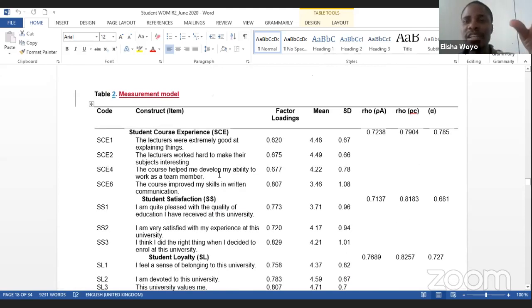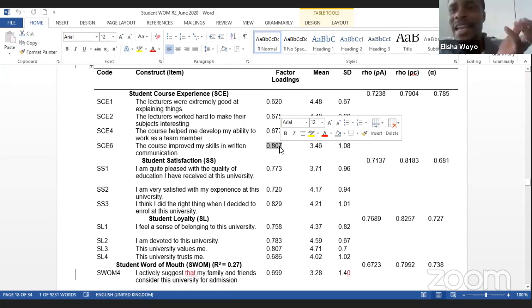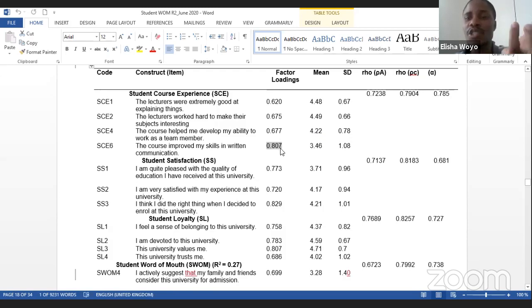So when you are running the factor analysis, there are some issues that we need to observe. There are these issues that we call factor loadings. All the factors that are important for analysis should at least load above 0.5. So 0.5 is the minimum loading that is recommended for that element to be considered a good element. It needs to load at a minimum of 0.5, and they normally load on different factor structures, and it's your responsibility as a researcher to make sure that